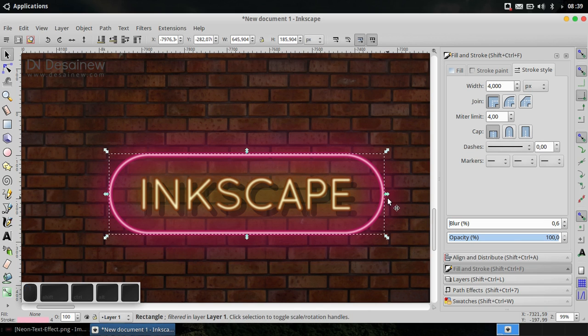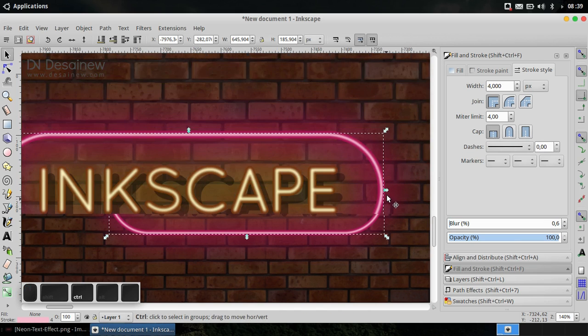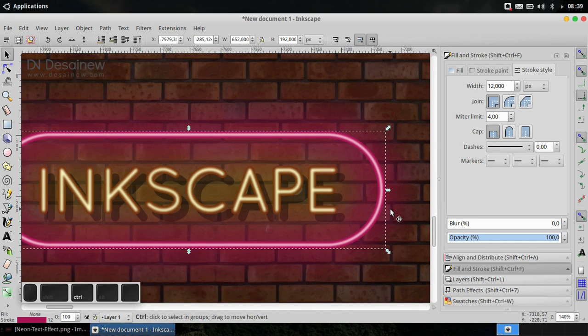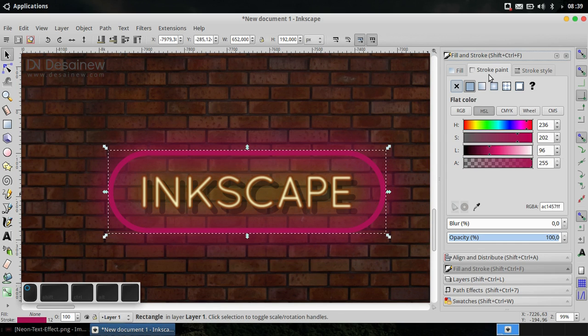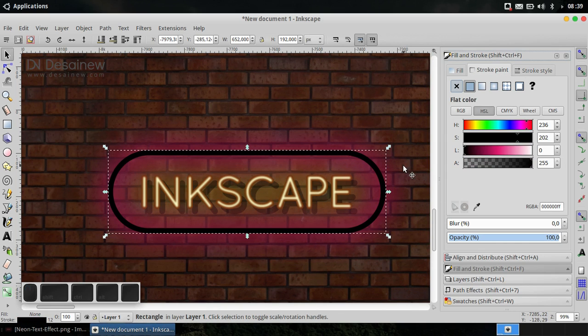Duplicate this object. Duplicate with Ctrl D, because we will create a drop shadow, and then give a black color, and then move it with the arrow keys on the keyboard.